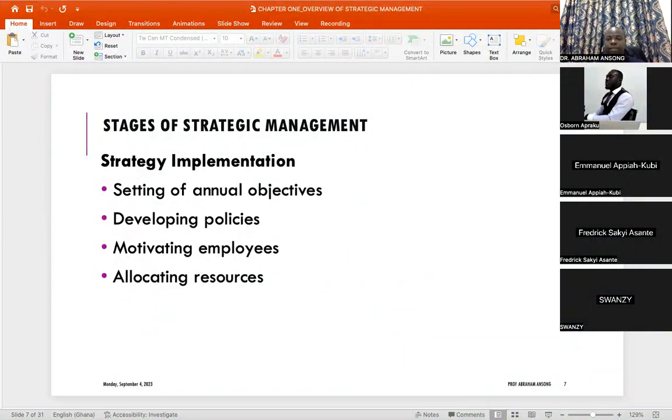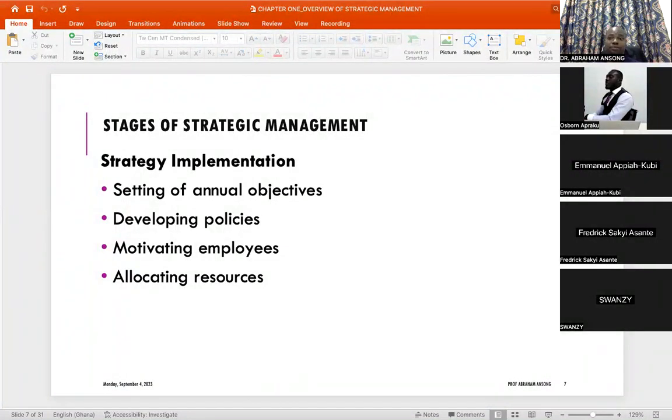Okay. Then we come to strategy implementation. We are assuming that we've decided. And most of the time when we talk about this strategy, they are basically decisions that the company has decided to embark upon. They may entail doing certain things. So the names have been given in order for you to appreciate what these strategies are. But basically, when you break them down, they are decisions that have been taken by your company.